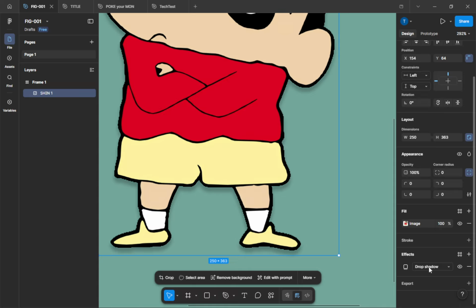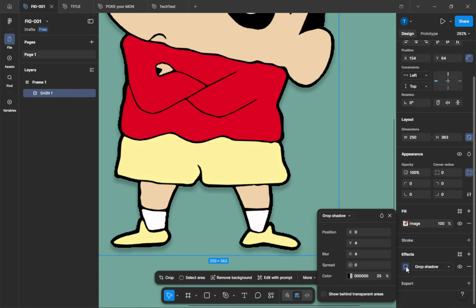Blur softens the edges. Lower blur gives a crisper, closer shadow. Higher blur creates a more diffused, soft shadow that suggests more distance from the surface. Spread changes the size or intensity of the shadow region. Increase it to make the shadow feel larger and more pronounced, or decrease it to keep it tight and contained